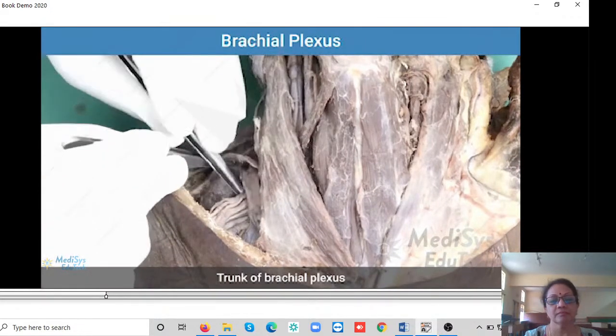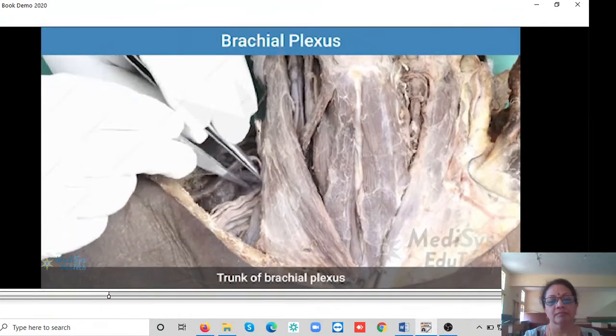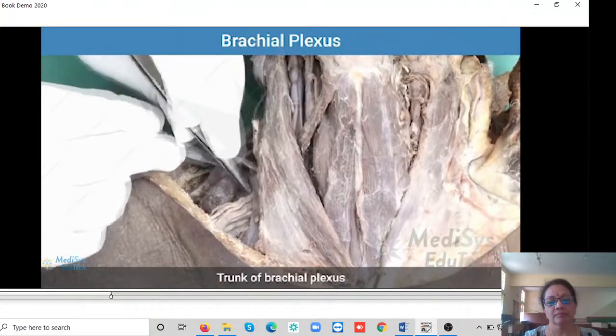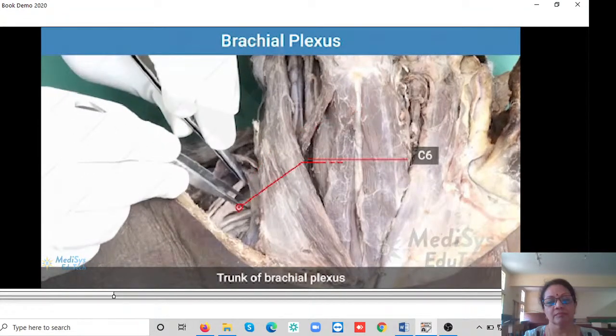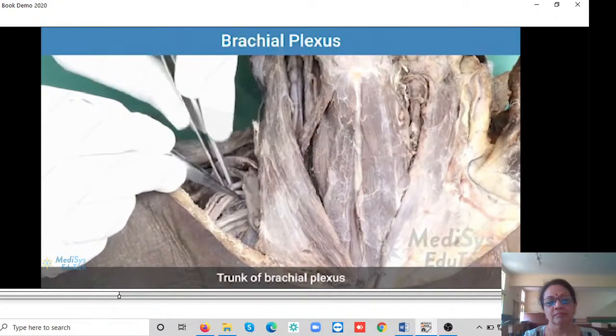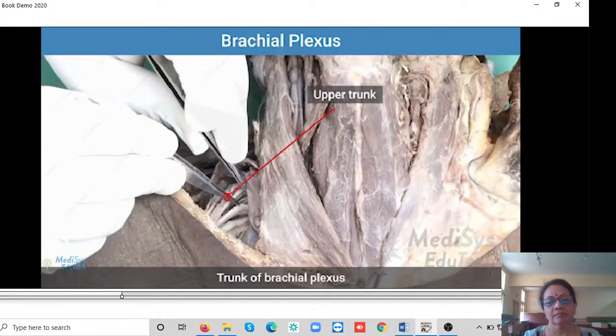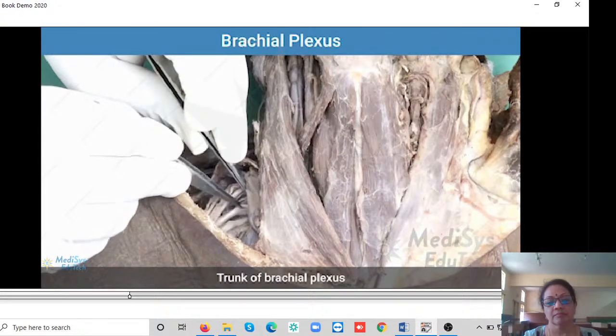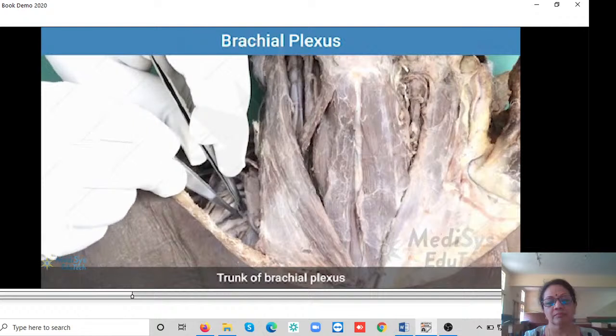Upper trunk of the brachial plexus is formed by ventral primary rami of 5th and 6th cervical spinal nerves. Then the middle trunk of brachial plexus is formed by the root of 7th cervical spinal nerve. Then the lower trunk is formed by the fusion of ventral primary rami of 8th cervical spinal nerve and 1st